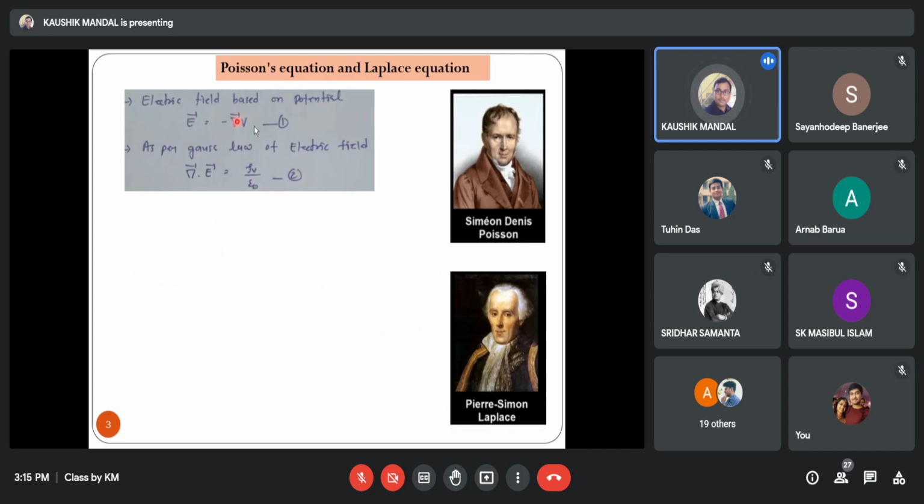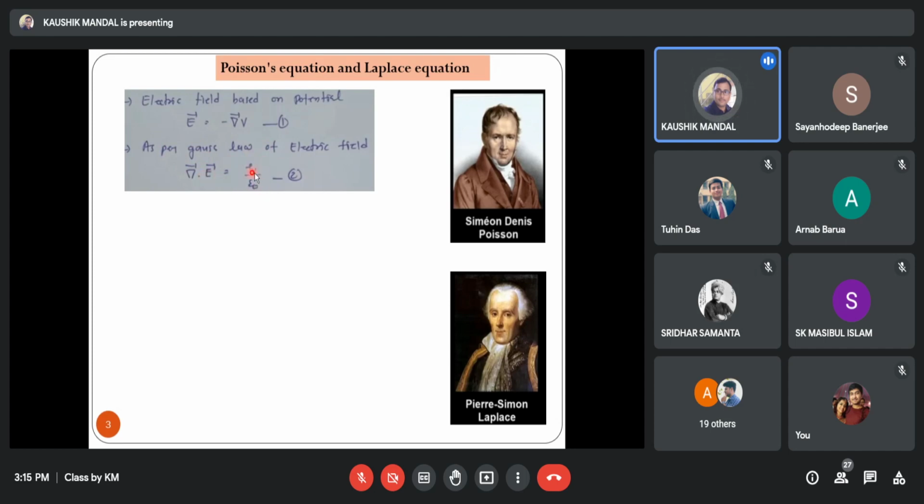Now from the basic discussion, we know the relation between the electric field and potential, that is electric field E equal to minus del V. This is represented in equation 1. Now we are familiar with Gauss's law. As per Gauss's law of electrostatics, divergence of E equal to rho V by epsilon naught,